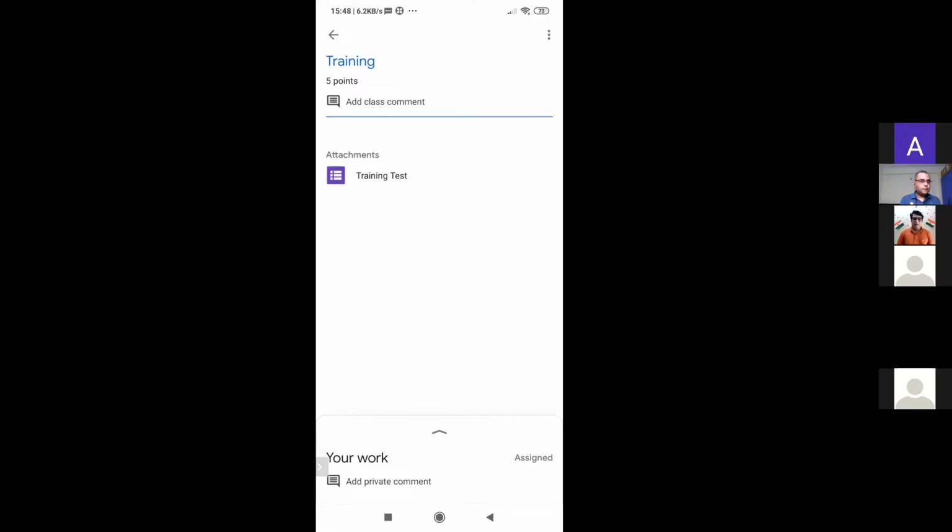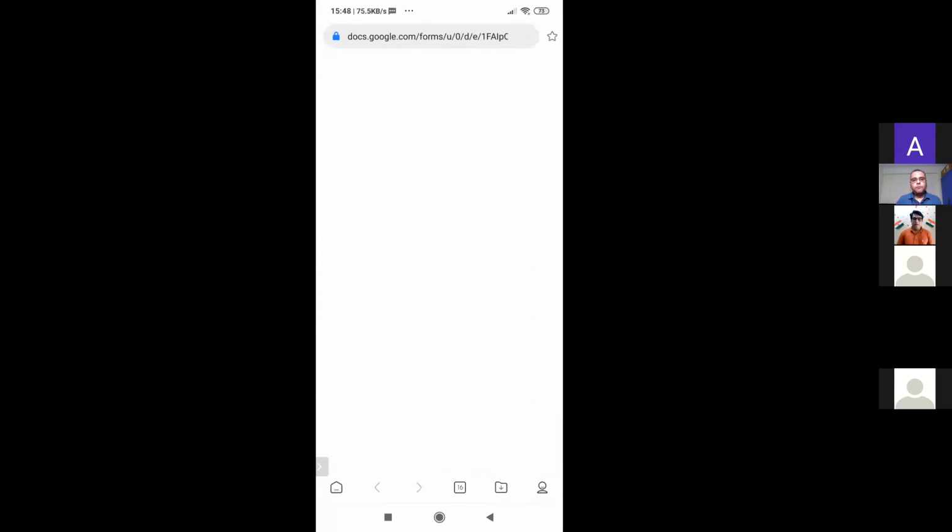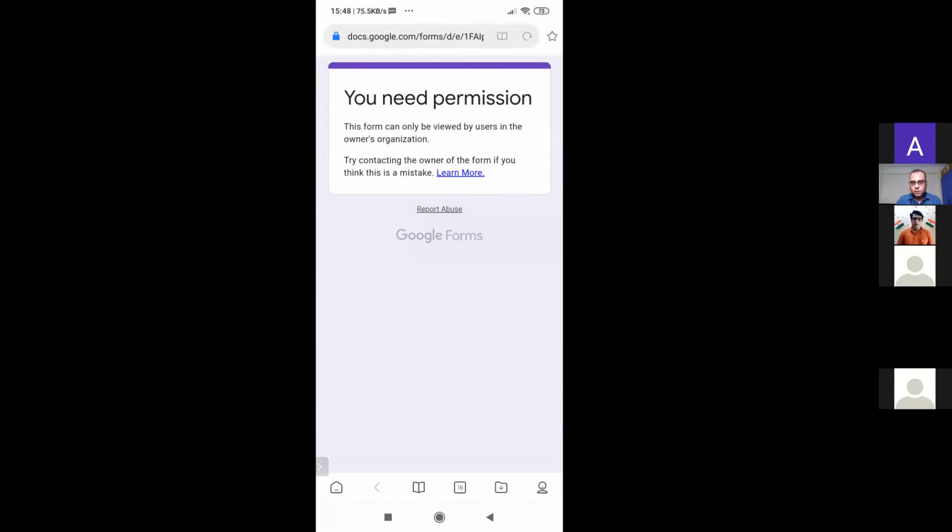Let's see what happens. One error you have already seen, which error occurs and how to rectify it. Now what is the next error that occurs? Let's see. So I'll open this form. Now the form will open up in the browser already installed in your mobile devices, and you will get this error: you need permission. Why?